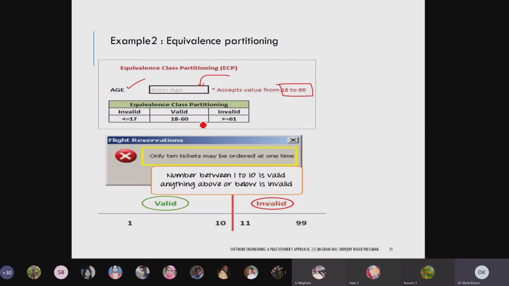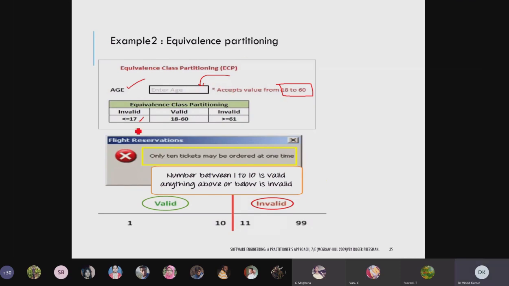The system should say it is invalid. So I have taken less than 17 or 17, whatever value will be there, the system should say it is an invalid entry.